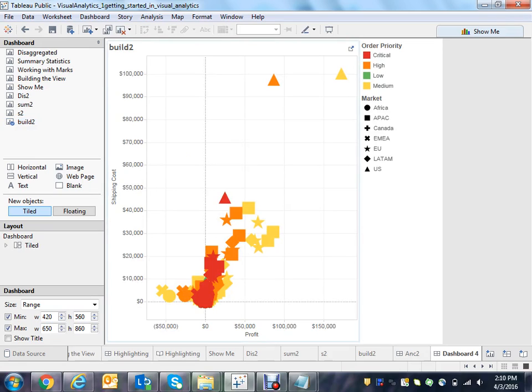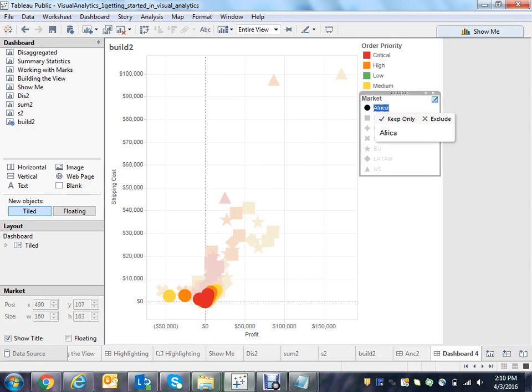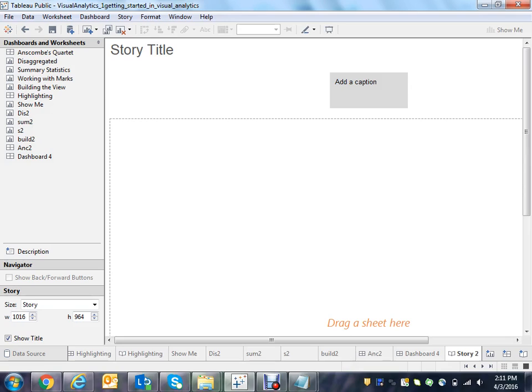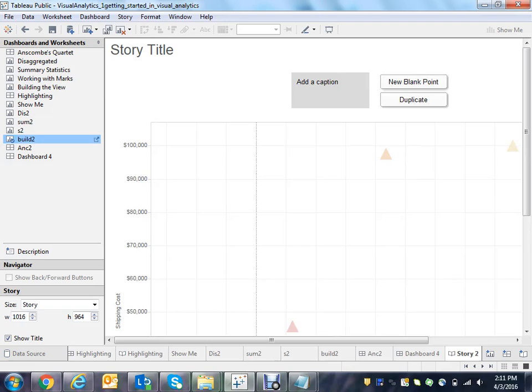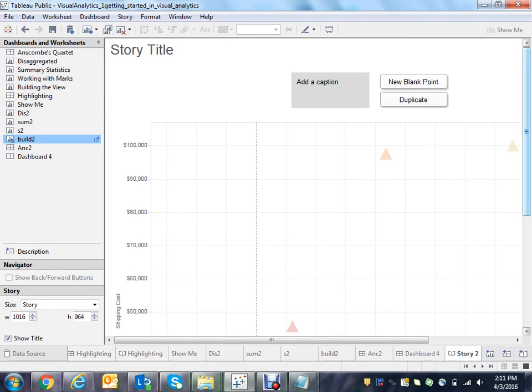So basically now this dashboard is interactive and it is responding to the highlighting. And we also put the highlighting on market, so that's also working. And now let's take story and let's put that build to on story. So it's not fitting in properly. So to do that, you have to go to build to, go there,